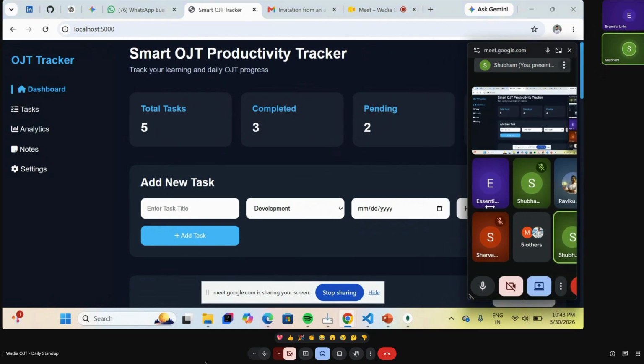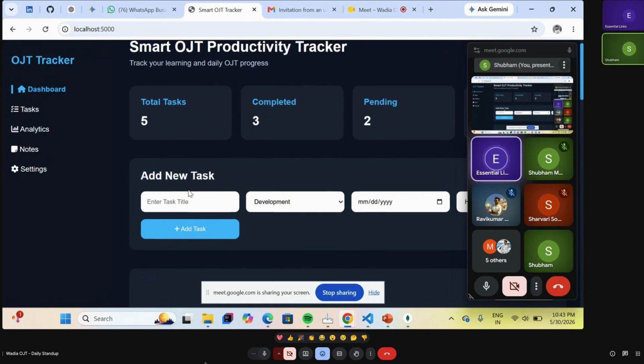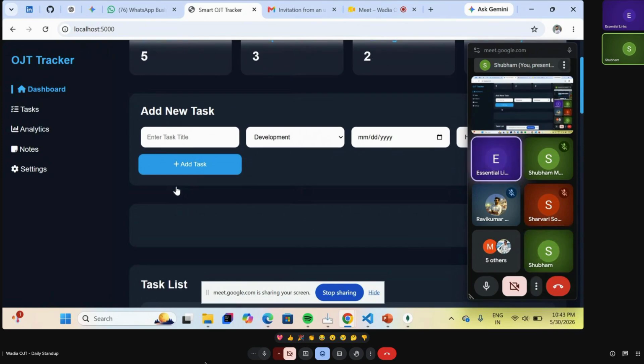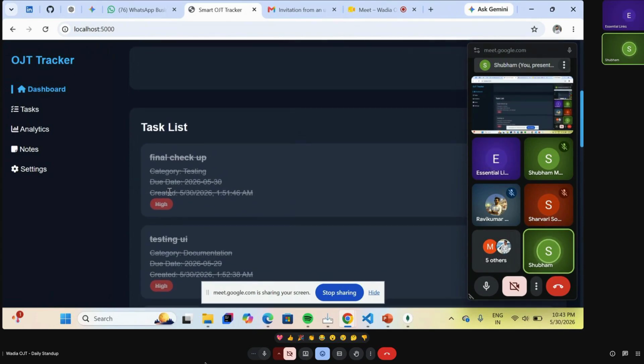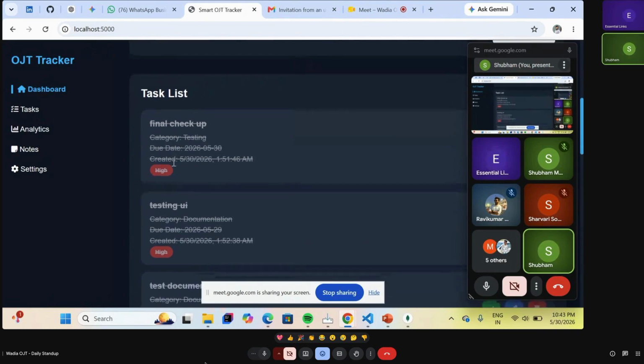Also, there is a priority level: high, medium, or low. After clicking add task, the information is stored in MongoDB Atlas and displayed instantly. Below that, this section is information about the total tasks which are entered.